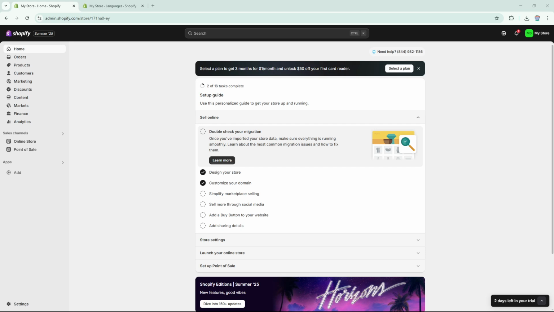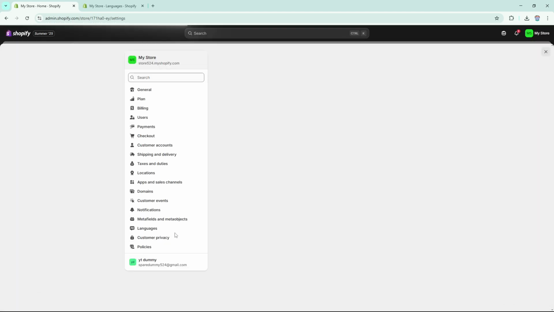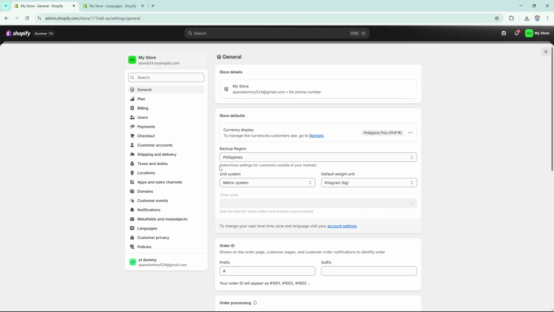First things first, you'll need to log into your Shopify dashboard. This is where all the magic happens. Once you're logged in, look at the lower left corner of your screen. Here, you'll find the Settings option. Go ahead and click on it. This area is essentially the control center of your Shopify store, where you can manage everything from payments to shipping,